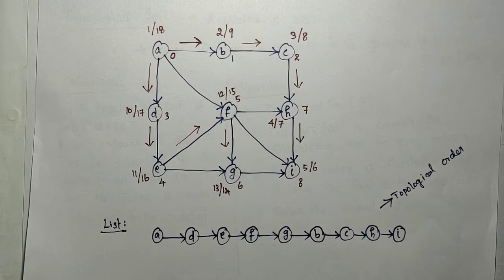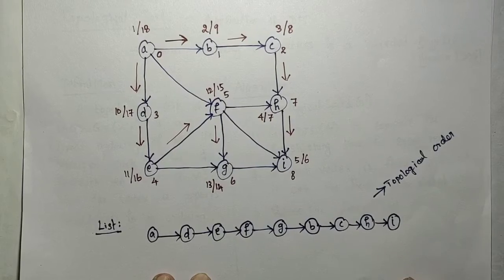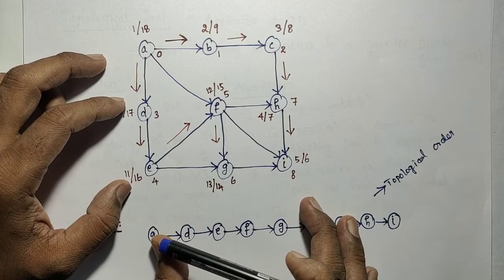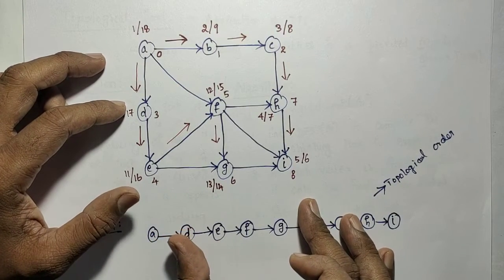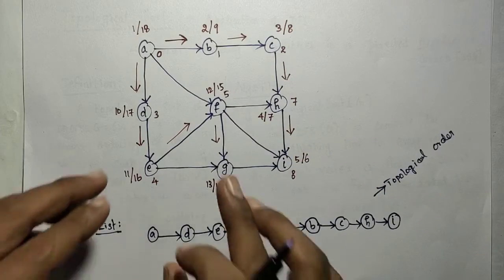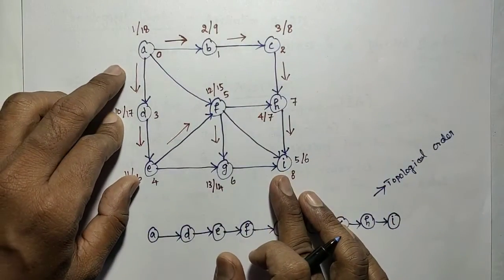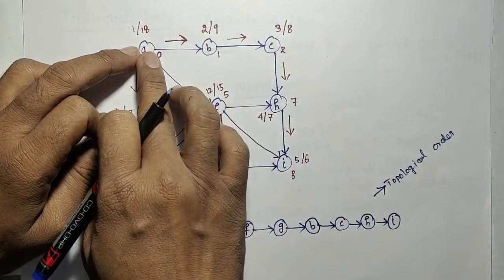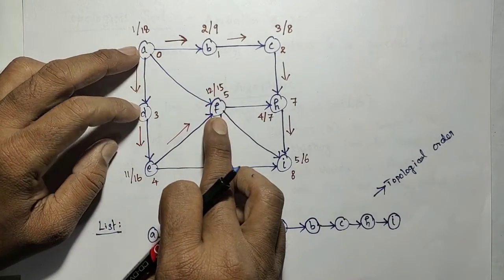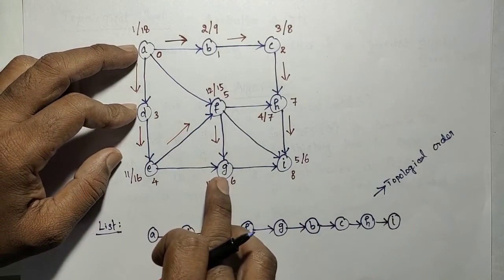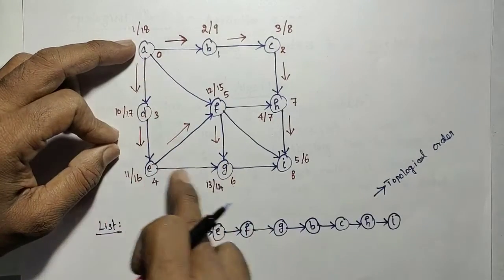Order of vertices. To which application can I map this problem? Topological order means, assume a situation where we plan a trip for visiting 9 places. For the route from place A, I can go to B, from A to F, A to D, like that only we can go. I cannot go directly from A to C or A to H. If I want to go from A to G, I can travel this way or this way, like that we can go.